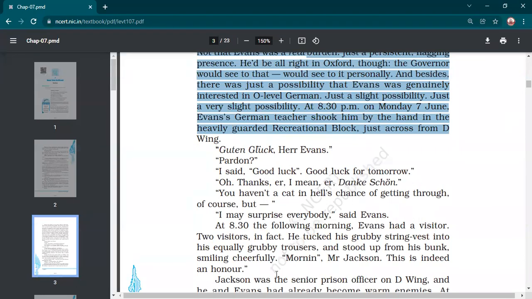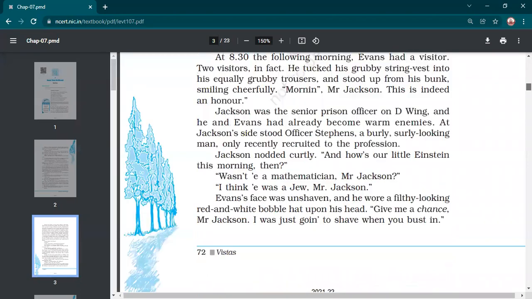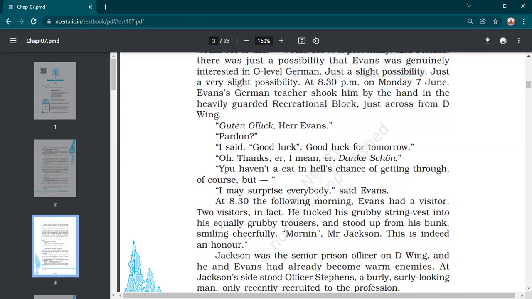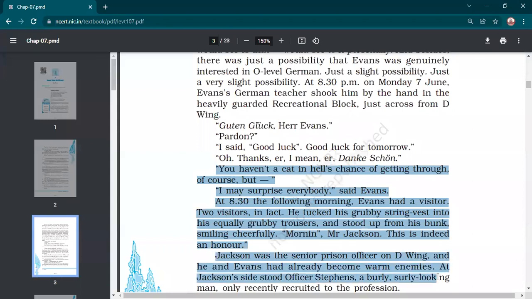Yes, sir. Oh, thanks, sir. I mean, thanks, Con. You have not a cat in hell's chance of getting through, of course, but I may surprise everybody,